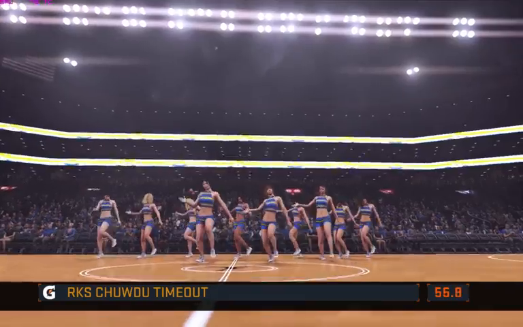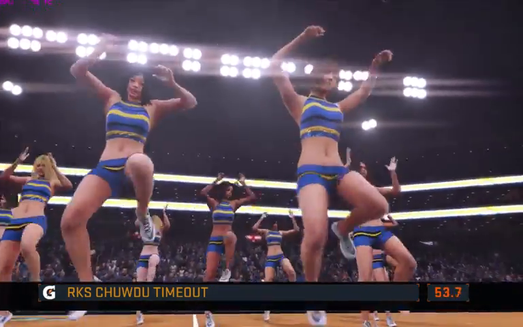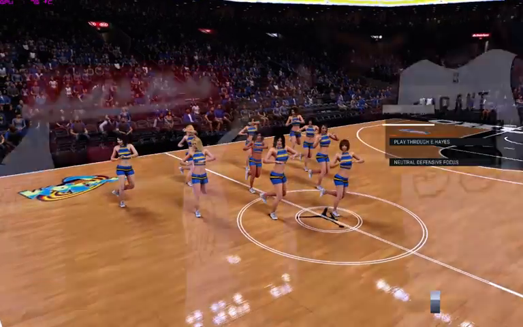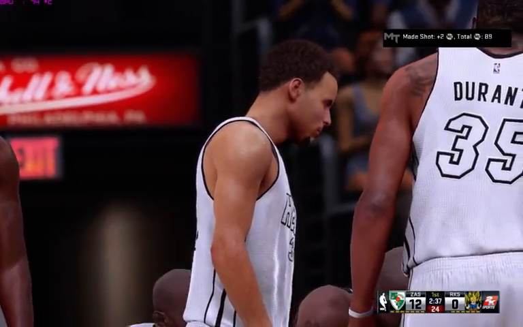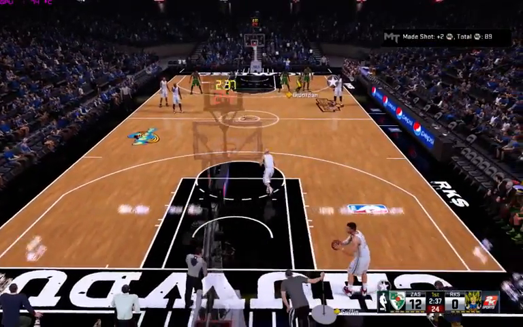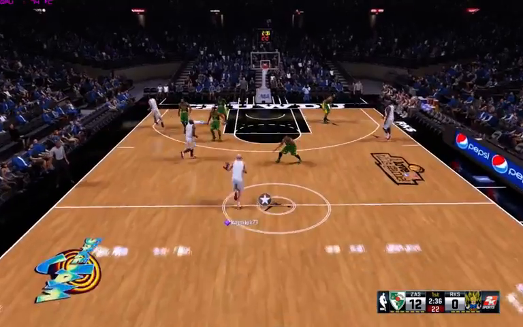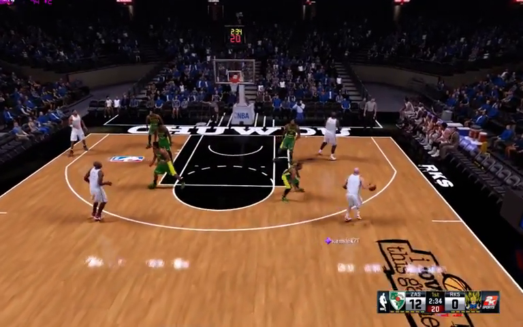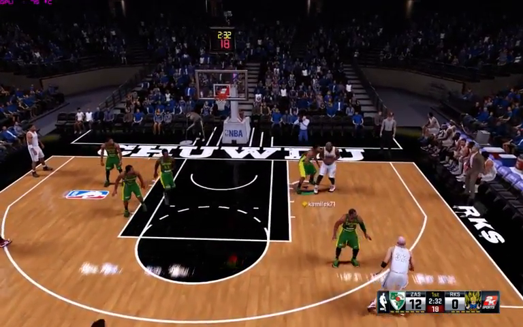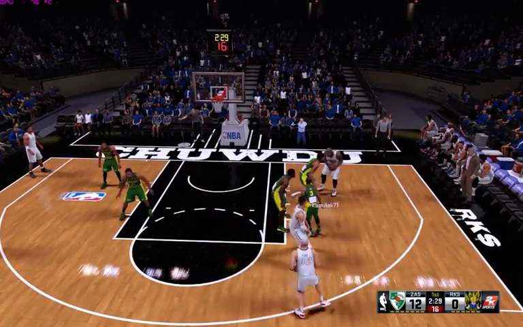So timeout called here, the first for Washington. Cannot be happy with how things have gone during this run. I think it's a good decision to take a break. Yeah, I agree with you, Greg. I mean, he had to do something. They're getting buffaloed and beat up. He couldn't let that continue. He had to call the timeout there.